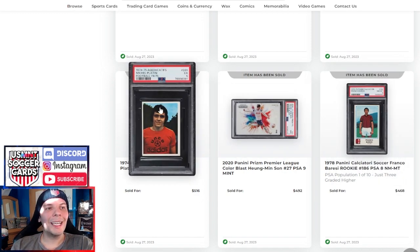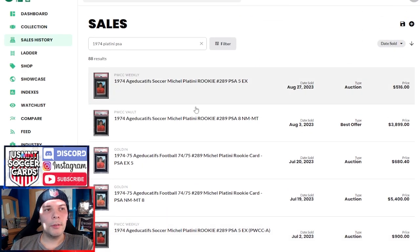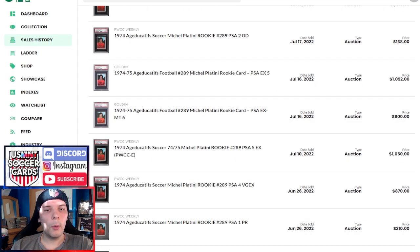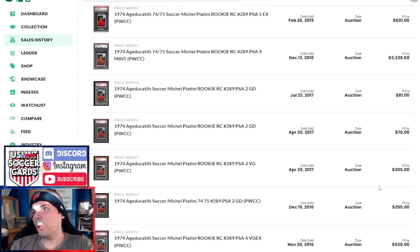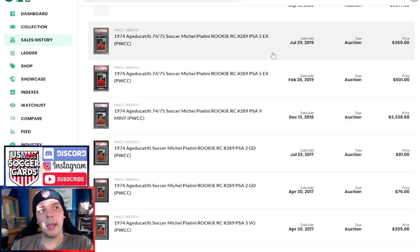We have a Platini 5 here that's been pretty beaten up. I took a peek at this as well. This PSA 5 goes for $516. Last 8 went for $4,000. Before this, a 5 goes for $700, near about that. And this was one that, pre-boom, we could scroll all the way back, was a huge card in a 5. Since then, it's either just presumed that there was a lot more out there than people thought, or that you can remove them from albums without much difficulty. But back in 2019,